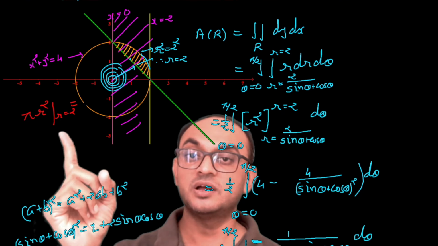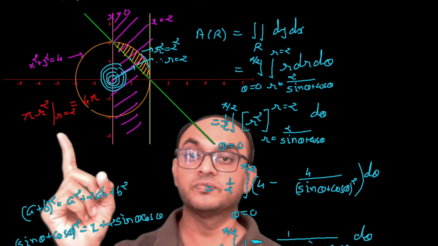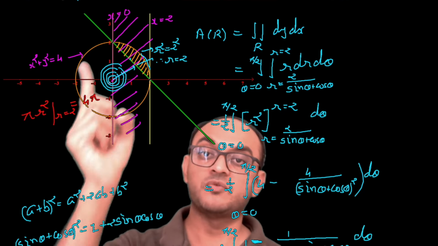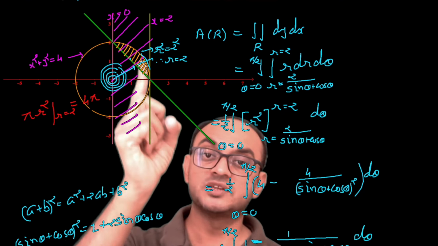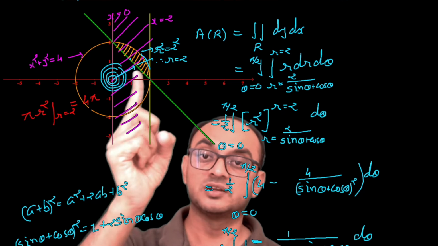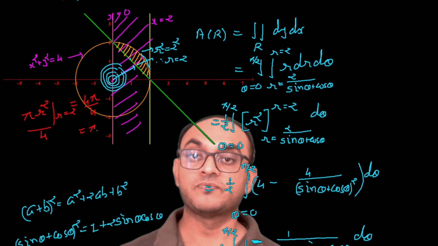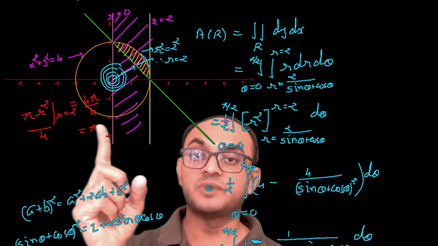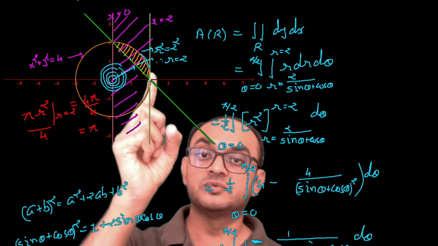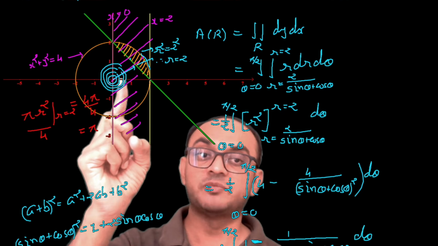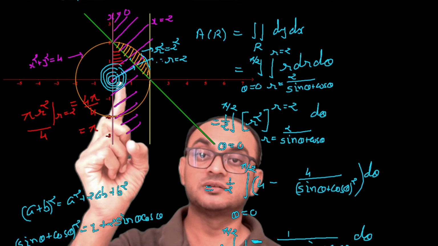So what is the area? 4 into pi, because the radius is 2. So 4 pi is the area of the whole circle. Here I have to consider only one-fourth of the circle, so that area is divided by 4, which is equal to pi. But this pi is the area of this fourth part of the circle. Now I need to subtract this area,